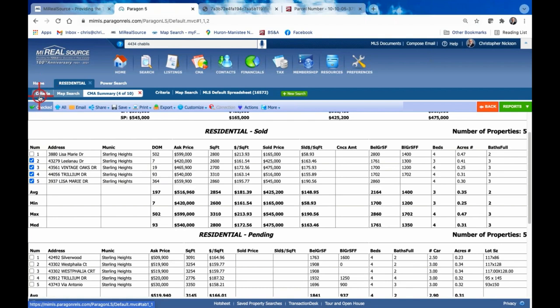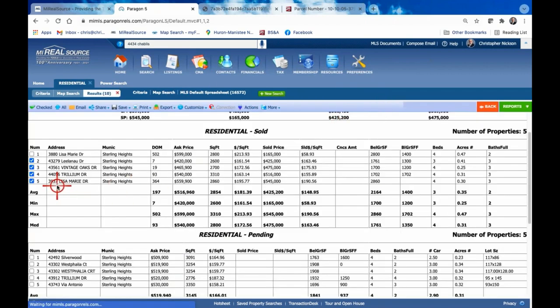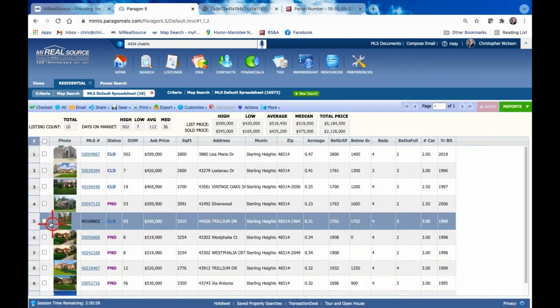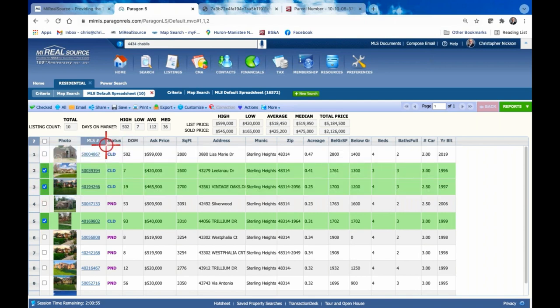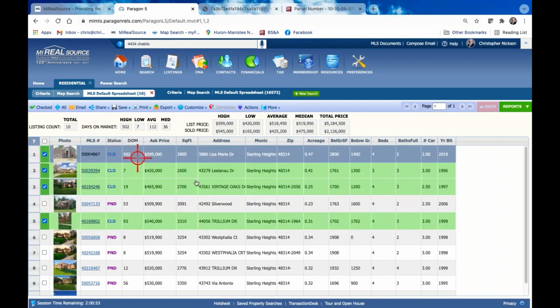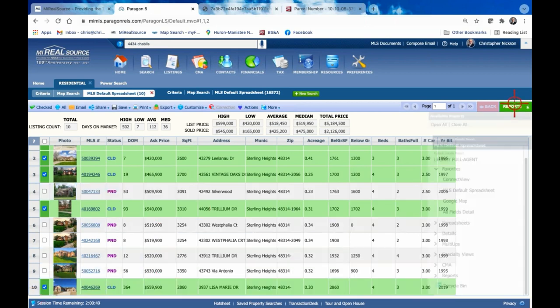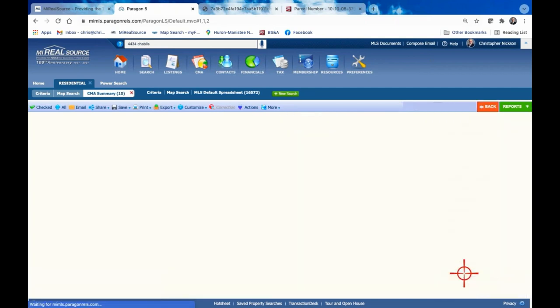It's got to load. Criteria. Search. Here are the closed ones. I'm going to select those again. I'm not selecting this one, because if I left this one in on the close, just to show you, when I ran the report down here under CMA, the summary, it will skew